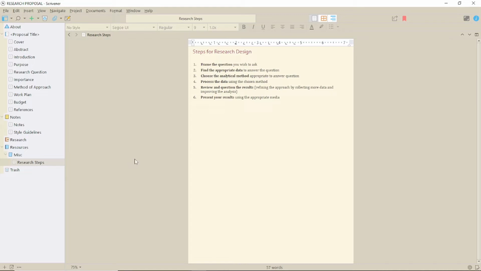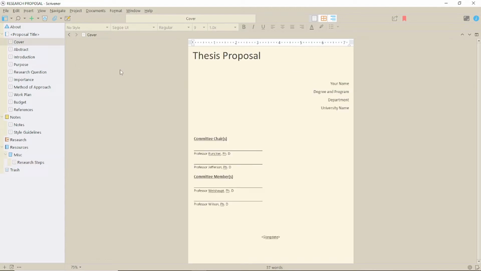The manuscript section of the binder, where it says Proposal Title, which you do need to change to your own title, you'll see why later, contains a series of documents with various standard section titles. The cover is set out with text that you can overtype. Apart from down at the bottom, there's a code for a long date to be inserted, which will be whatever your final compile date is.